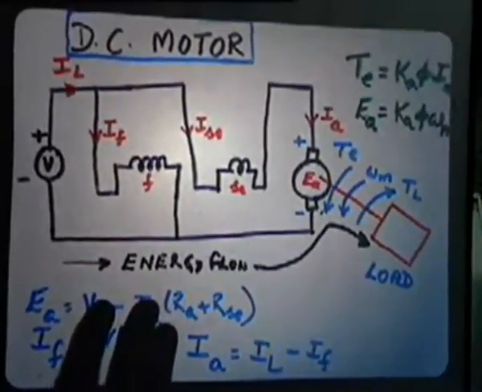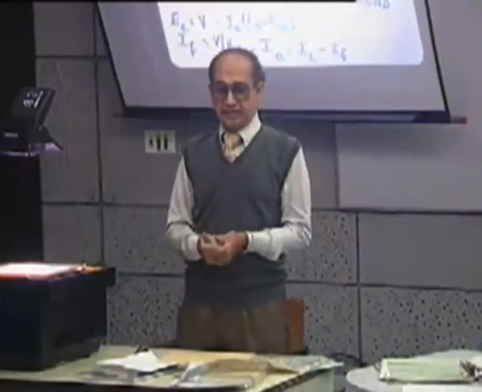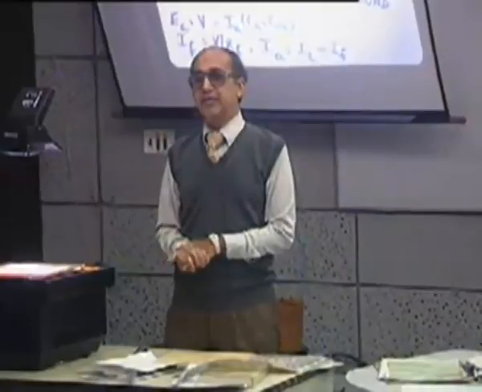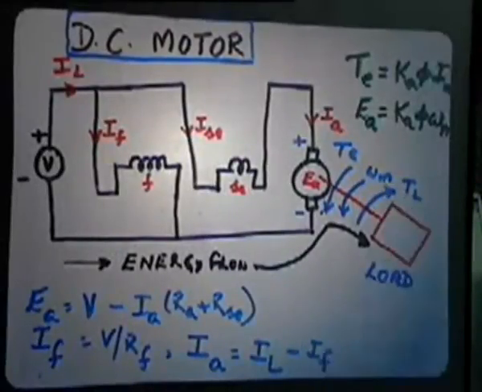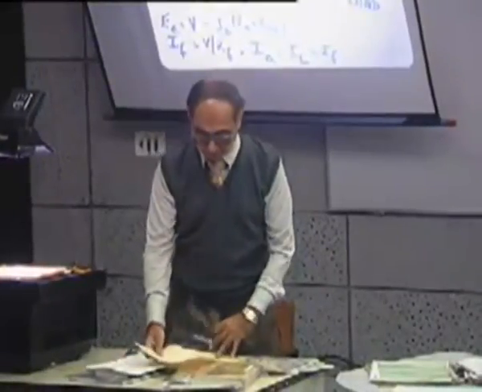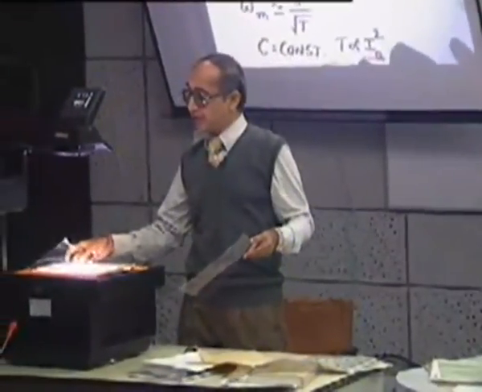Okay. If these are the relations, what are its characteristics? While the volt-ampere characteristic of a generator is important, in the case of a motor we are interested to know what the speed will be at different loads. As you increase the load, what will happen to the speed? Now we have to derive this for different machines and see how it looks. Let us look at a shunt machine, or the machine in which the flux is constant.